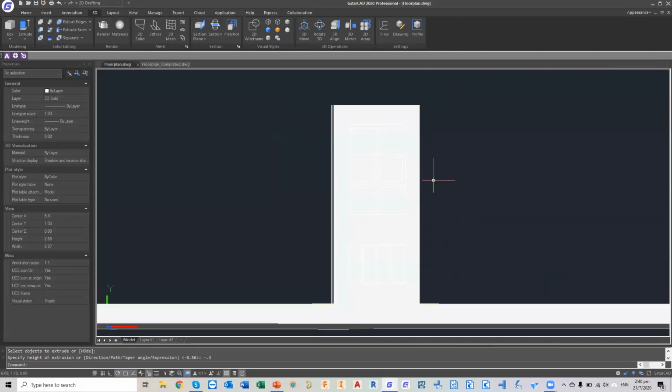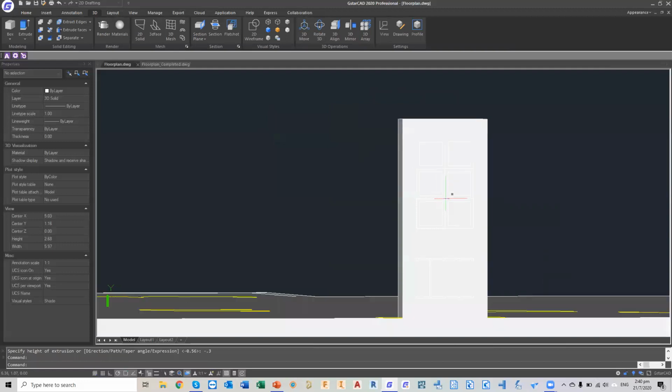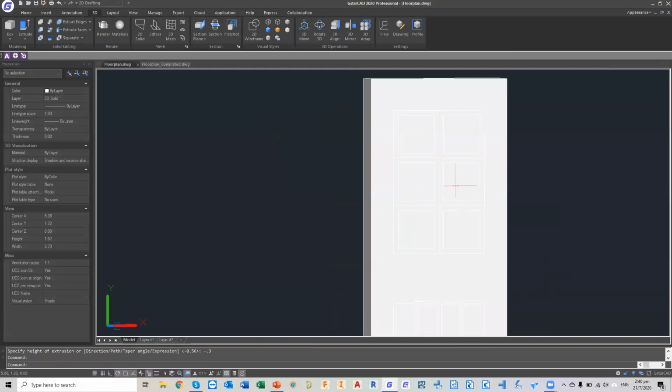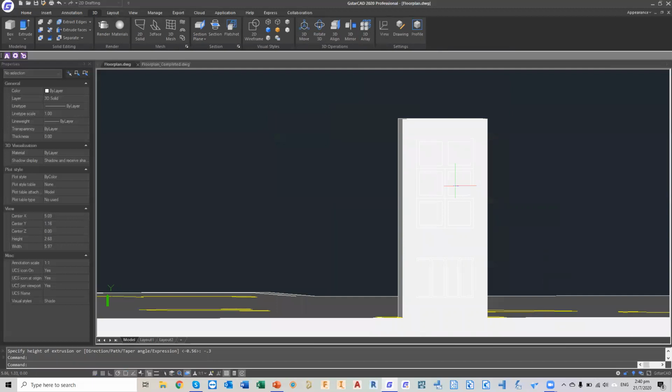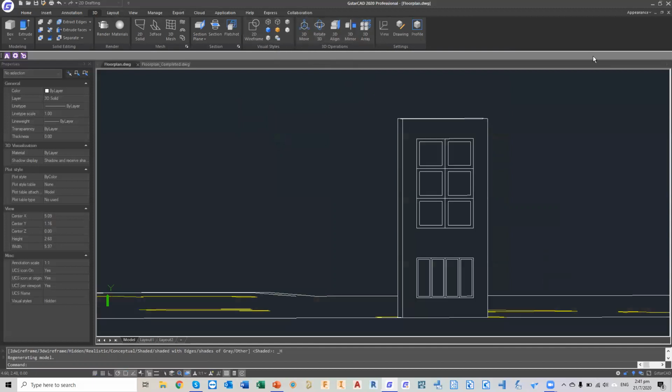Okay, and then there you go. So now after that, we have to create the opening for the glass panel. Sometimes it's quite hard to see the shape of the outlines that's being drawn on the solid. So what we can do is change the visual style to